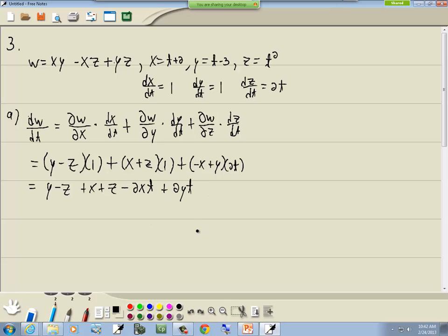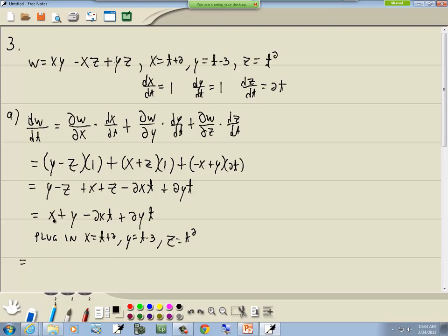A little bit cleaner, not so sloppy. Okay. Well, the z's cancel here. So we got x plus y minus, and then plus, there we go. Now we want to plug in x is equal to t plus 2, y is equal to t minus 3, and z is equal to t